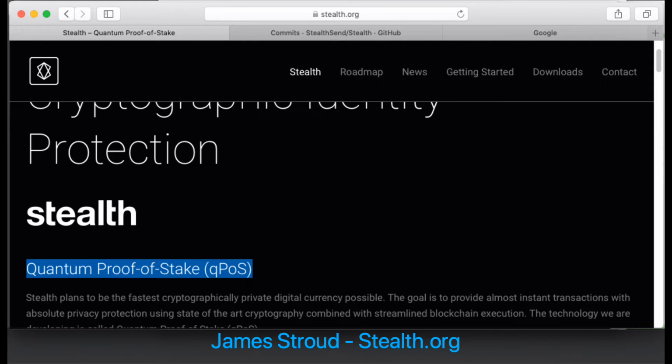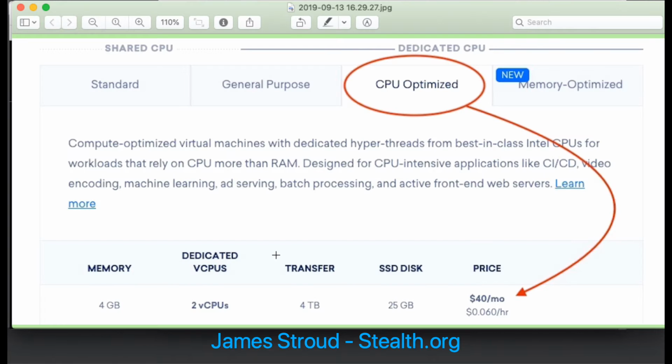and how to use it comes down to what equipment you use. In this case, what is your virtual machine you're going to use? What are the specifications for what I consider a type of virtual private server, or VPS, that may perform pretty well with this blockchain, with quantum proof of stake? And I think this offering from DigitalOcean, from their dedicated CPU line, CPU optimized with 4 gigabytes. This is the lowest CPU optimized